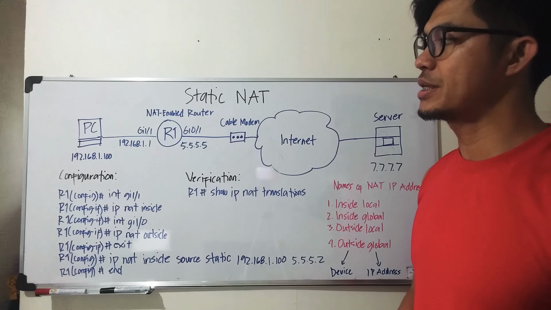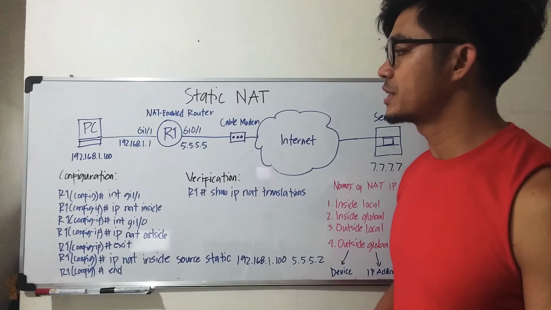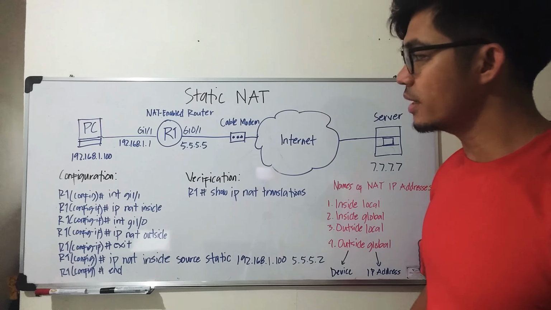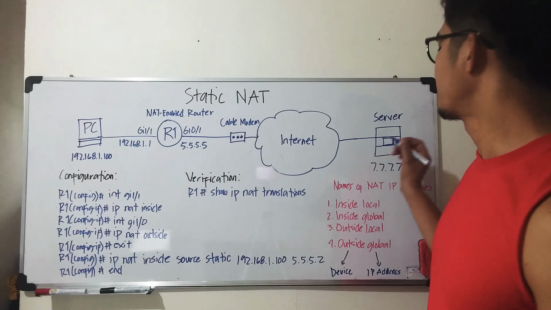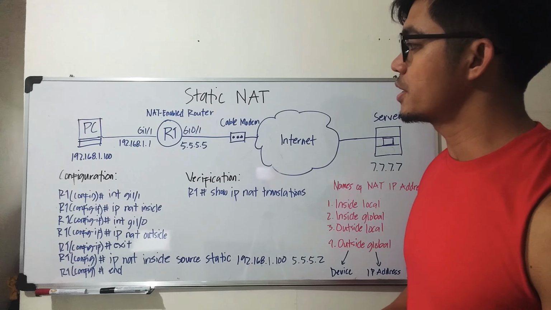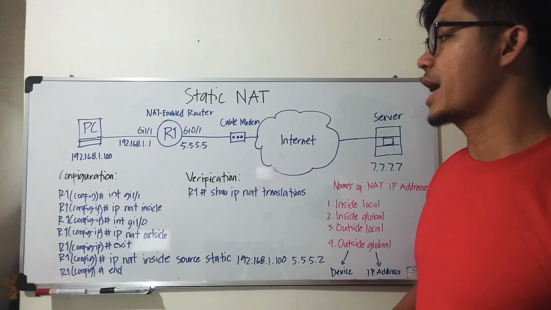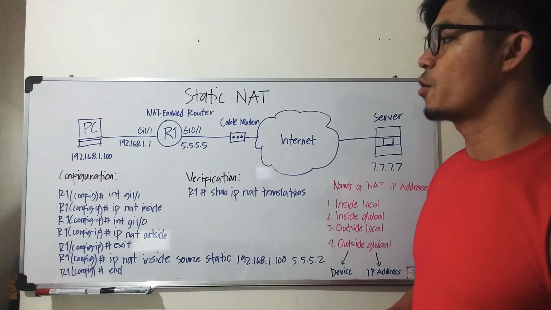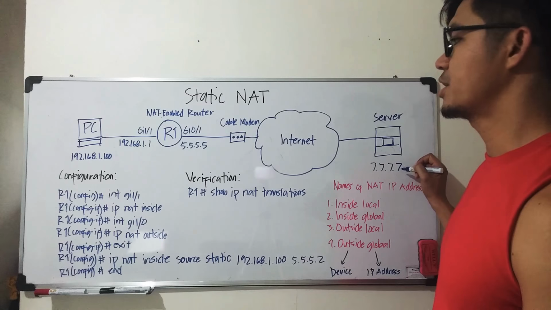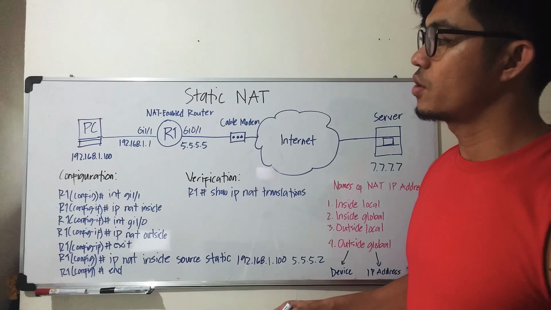So we have a PC or client, and it's got an IP address of 192.168.1.100. And let's say that it's trying to access this server. For example, let's say that this is a web server. So its source address will be its own IP address, and the destination address will be this IP address here. And when traffic goes into router 1,